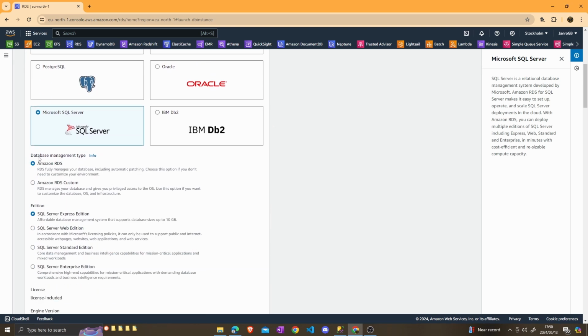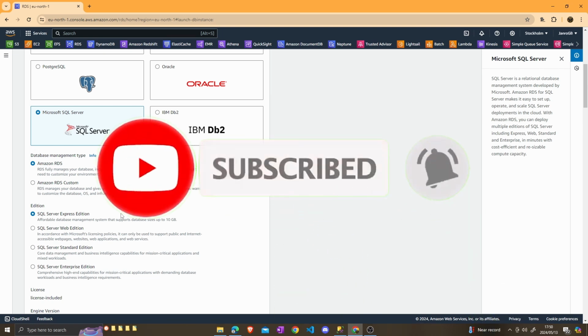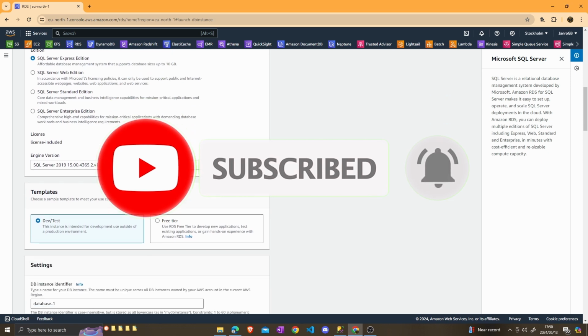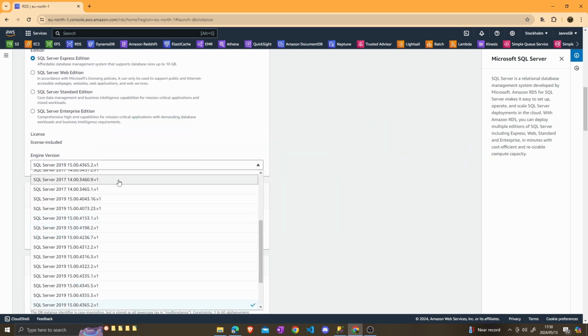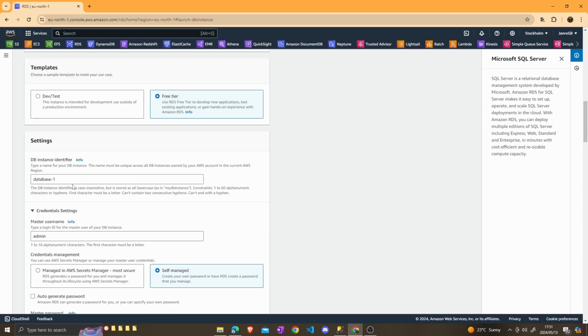Next, we're just going to use Amazon RDS as the database management type, and then the SQL Server Express edition. For the engine version, you can just default to the latest SQL Server version. Then we're going to be using the free tier template. Then the DB instance identifier is the name that you want to give your RDS service instance. So we can do DB SQL Server